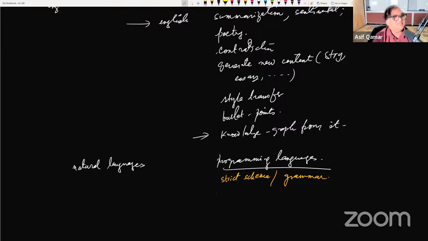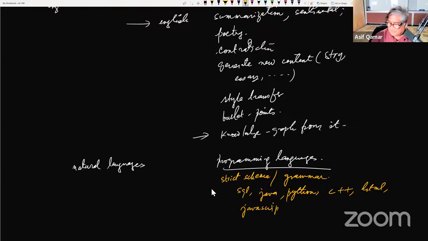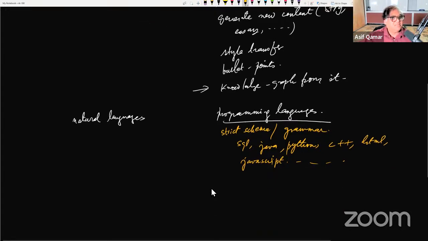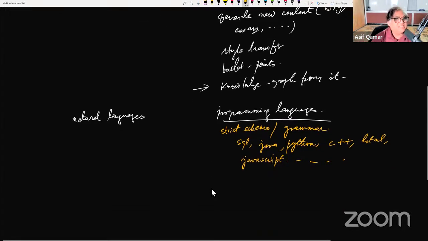Programming languages, like for example SQL, Java, Python, C++, HTML, JavaScript. And the programming languages are mushrooming every day. They have a strict structure. Right? They're not so flexible. Natural languages are more permissive,